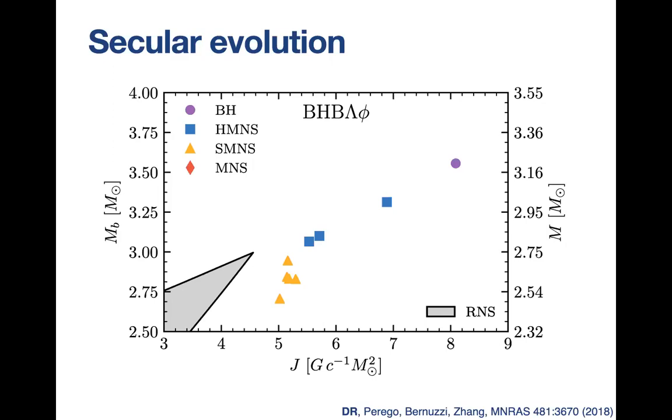And even objects that we traditionally call hypermassive, because they have a mass above this maximum mass for a rotating star, have a long way to go before they collapse, most of them. So it's very well possible that some of these hypermassive neutron stars may collapse. Others could instead get rid of a sufficient amount of mass to reach this area of stability. And also in the opposite way, some supramassive neutron stars may even collapse because of thermal effects. For example, we know that at finite temperature, the maximum mass for a rotating neutron star is larger than for a cold neutron star.